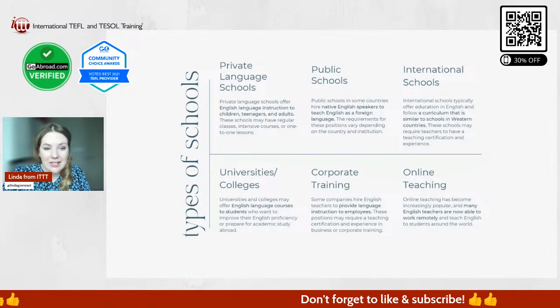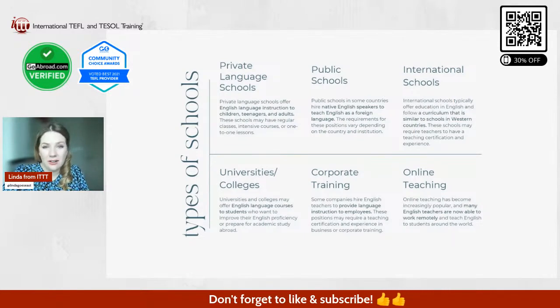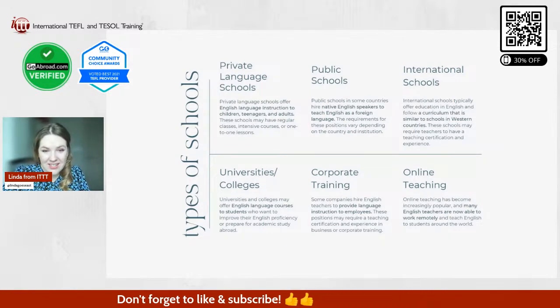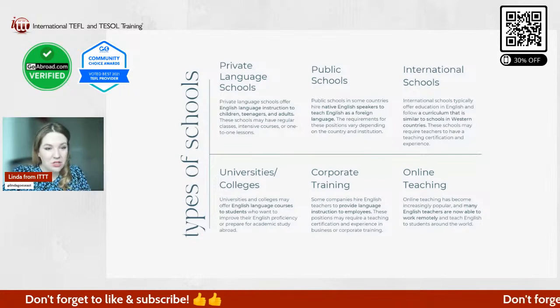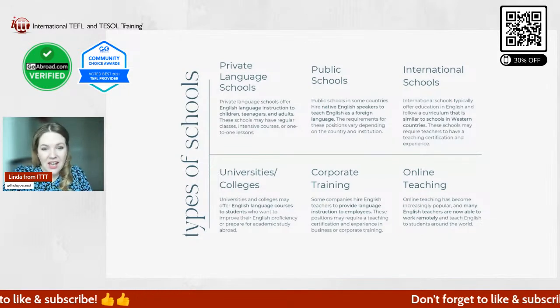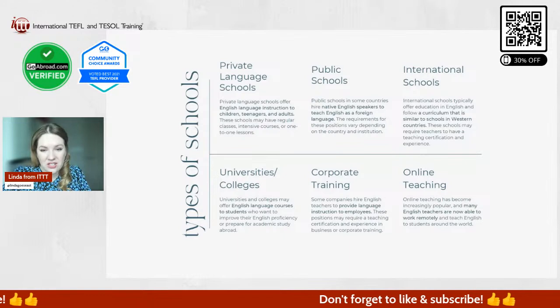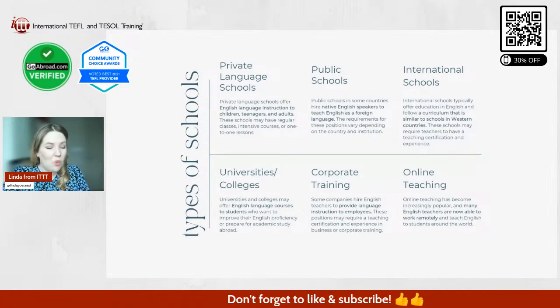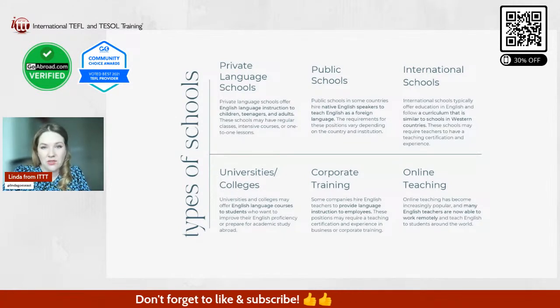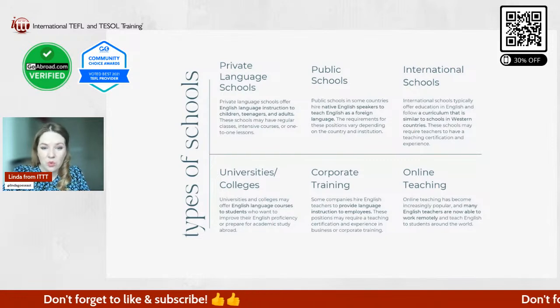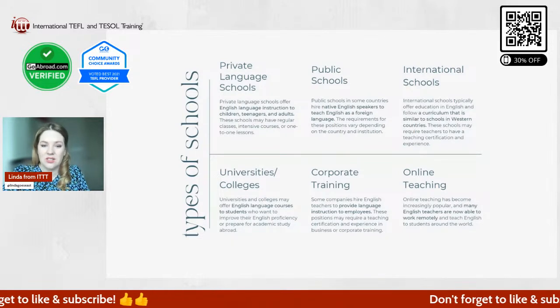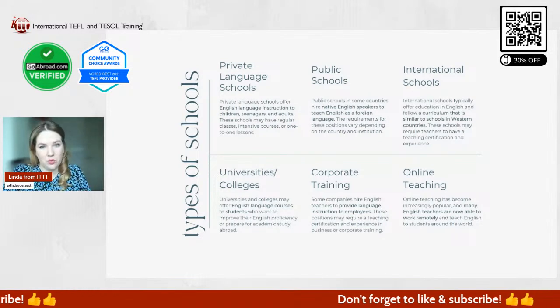And then the last option listed here is online teaching, obviously, and online teaching has become so popular in recent years, and many English teachers now teach and work remotely. So you can do this from your home, from anywhere in the world, and you can teach students English from anywhere in the world, which is really, really great.